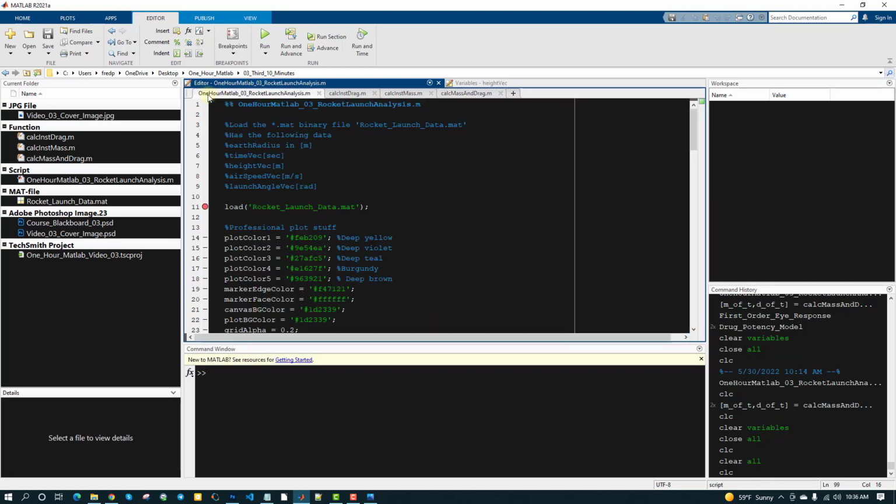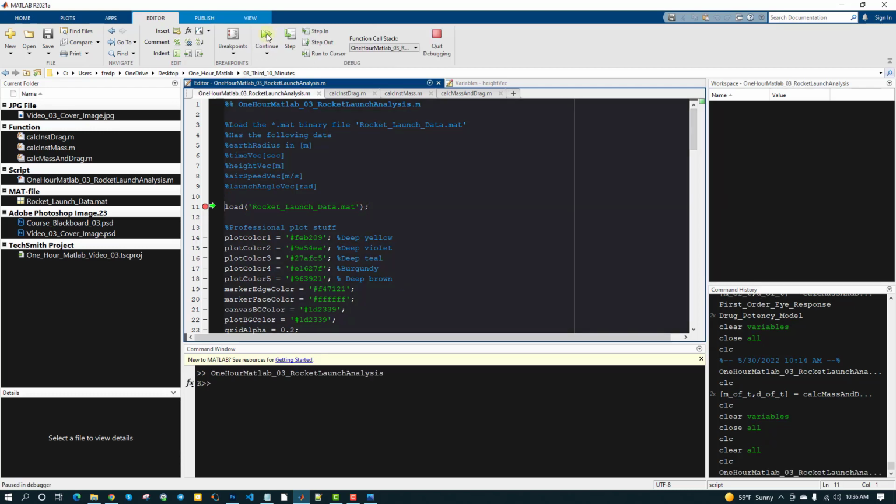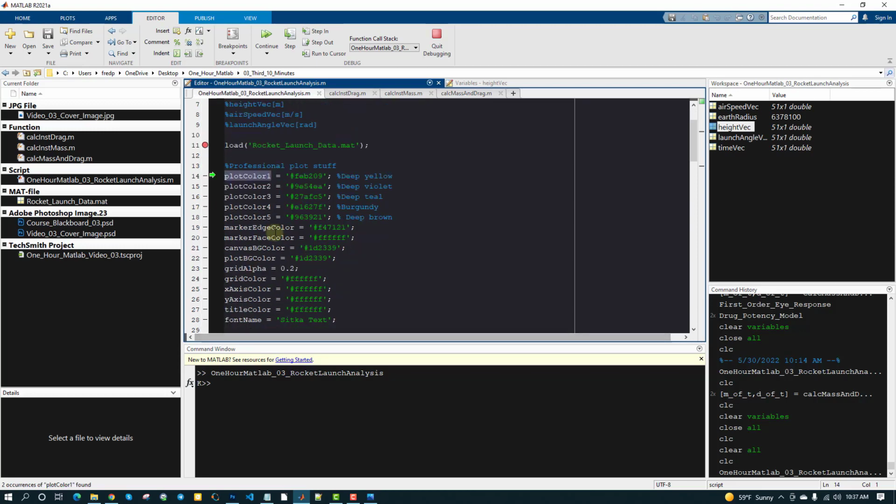So we open this 1 hour MATLAB 3 rocket launch analysis, which is the main script for this video. And the first thing we want to do is load rocket launch data.mat. All right. So put a breakpoint here, run. I'm going to go a little bit faster because this is all known stuff. And step. Okay, this is all plotting stuff to make the plot look pretty. So don't worry too much about it. Just concentrate on, once you execute this load command,